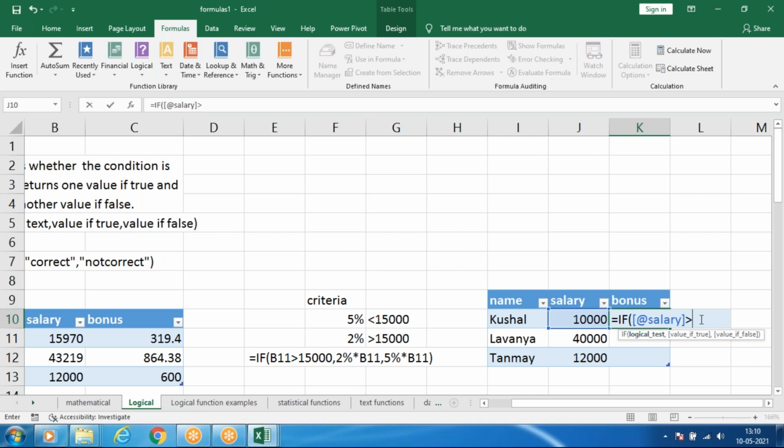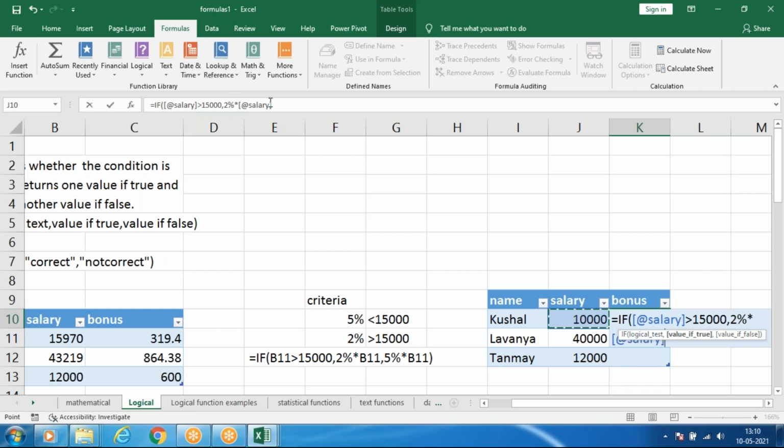If the salary is greater than 15,000, comma. So this is my condition. If the 10,000 is greater than 15,000, what do we have to do? I have to give 2% as my bonus, into again this cell only, to find the bonus value.